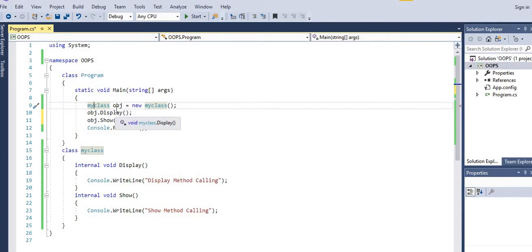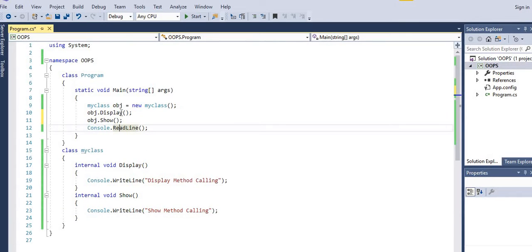After creating the object for this instance, the memory will be allocated. After that, using obj we are calling the display method. Then the compiler will come here and run the display method. After that the show method will be called, and the compiler will come here and execute this line, then ReadLine.